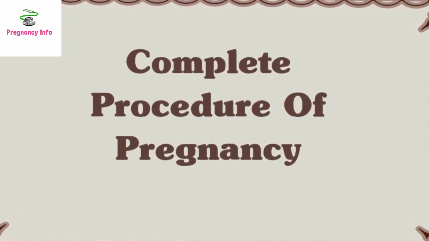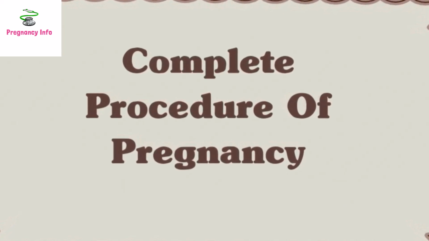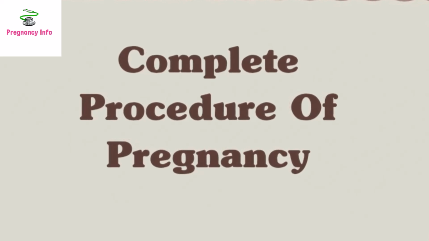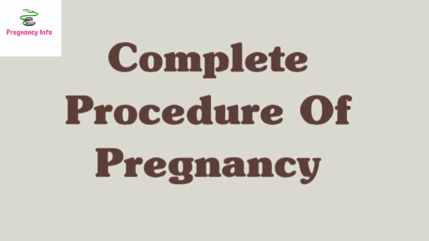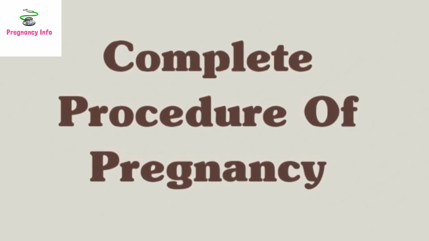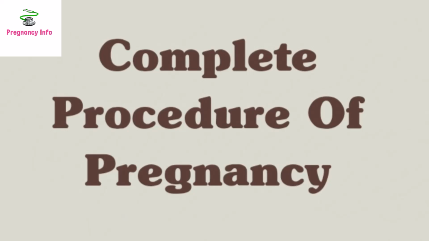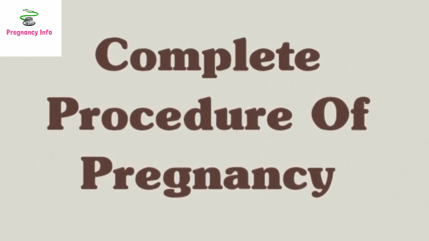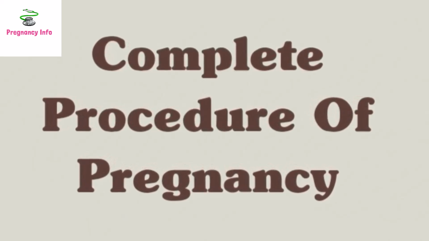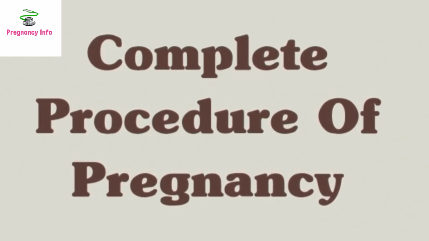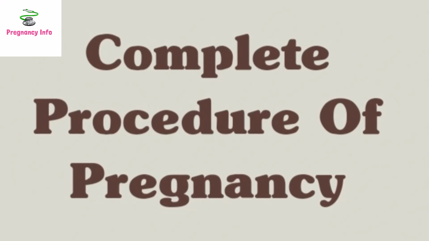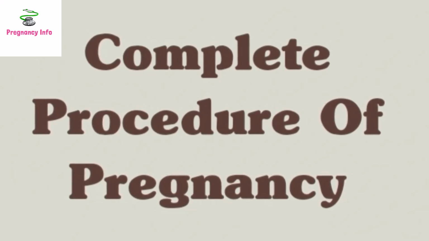Every month, hormones control the menstrual cycle and trigger the maturation of several egg follicles, preparing them for potential fertilization by sperm. However, only one egg is released each month during ovulation. These hormones also thicken the uterine lining, preparing the uterus for the growth of pregnancy. To achieve pregnancy, the following stages must occur.